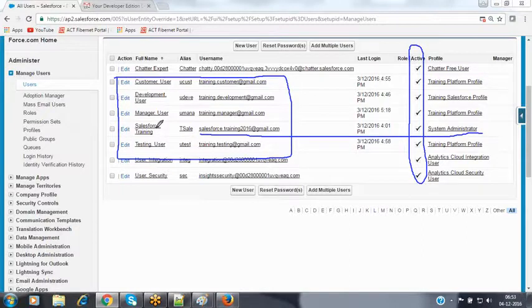Because as per the company policy, this company has the ISO 27001 certification. The ISO 27001 certification describes information security and confidentiality, meaning that your system username and password cannot be shared with any people, even though he may be inside the organization or outside the organization also. So now, as per my company policy, I cannot share my username and the password of my Salesforce account. Then how can this person log in?